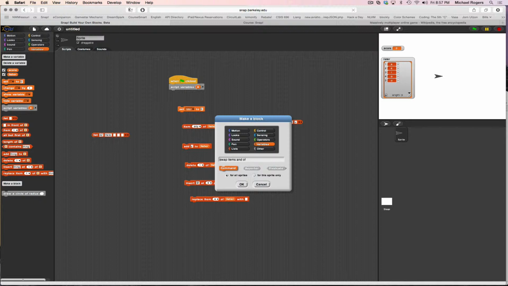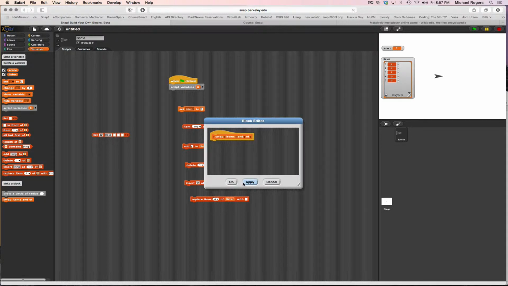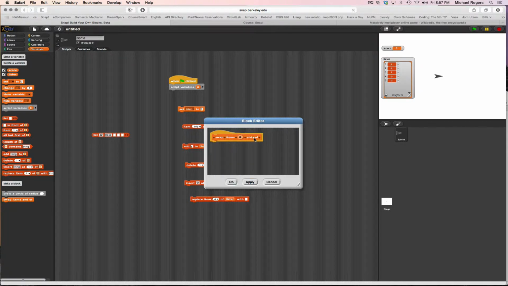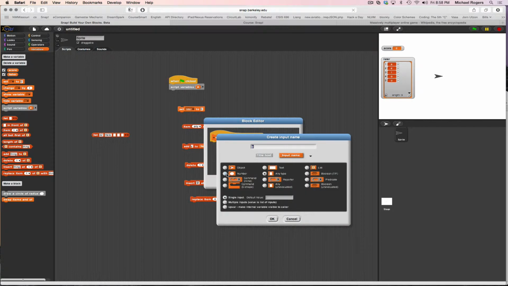Now that might seem like a very strange name, but I want to swap items, let's say A and B of a list, so I need to have the spaces for my inputs. So I'm going to swap items, and I'm going to put here an input which I'm going to call A, and I want to insist that A be a number, because I'm going to pick positions in my list. Swap items A and click here, and this input will be a B. I also want it to be a number